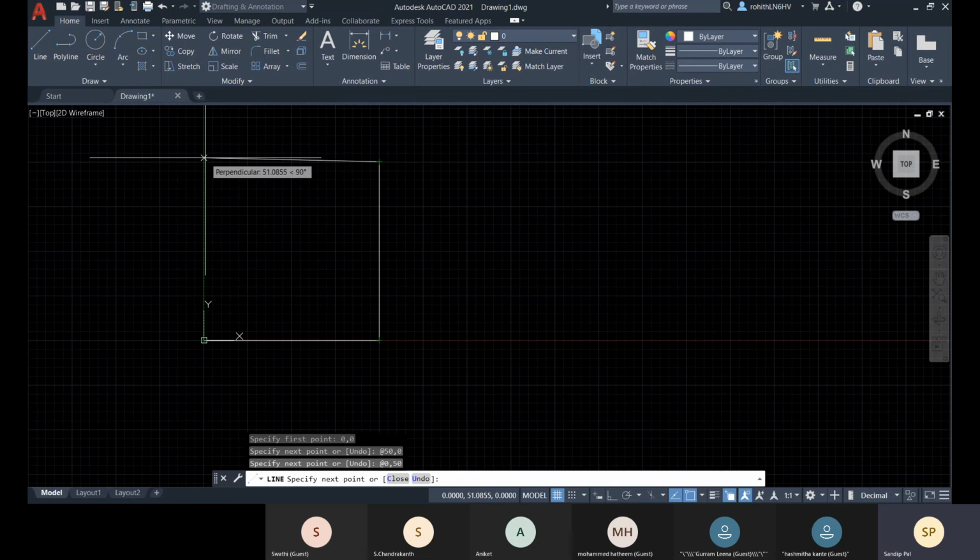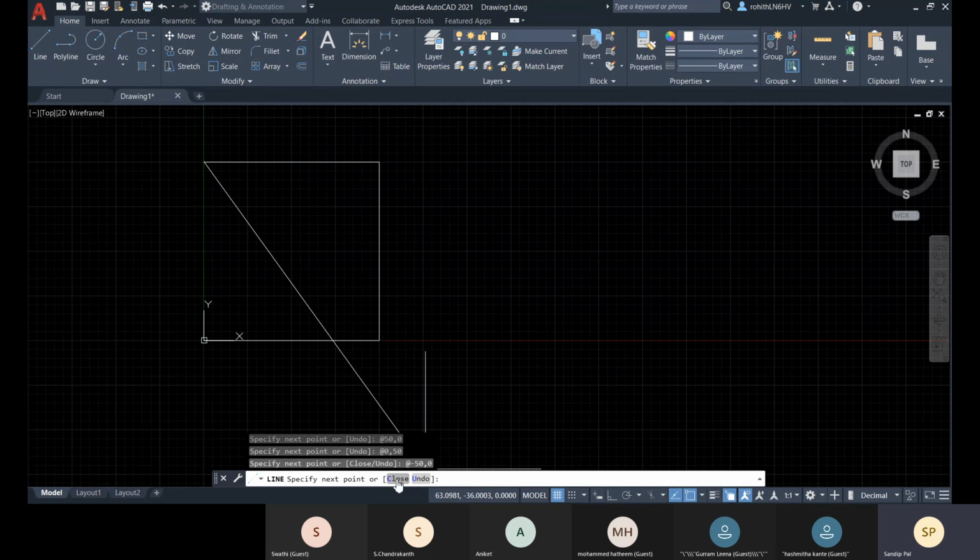And now for this point, I'll be calculating from the previous point itself. So at the rate minus 50 in the x direction, comma 0 in y value. All right, and now we can close. So what if I choose this close option?